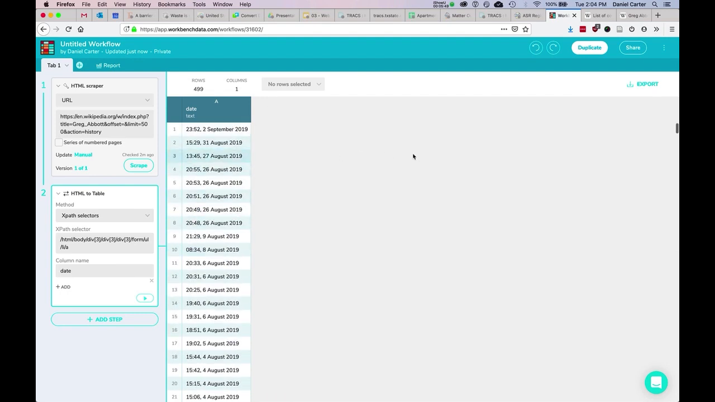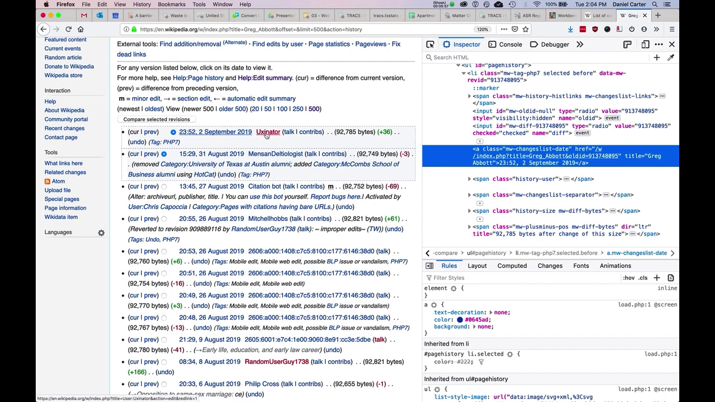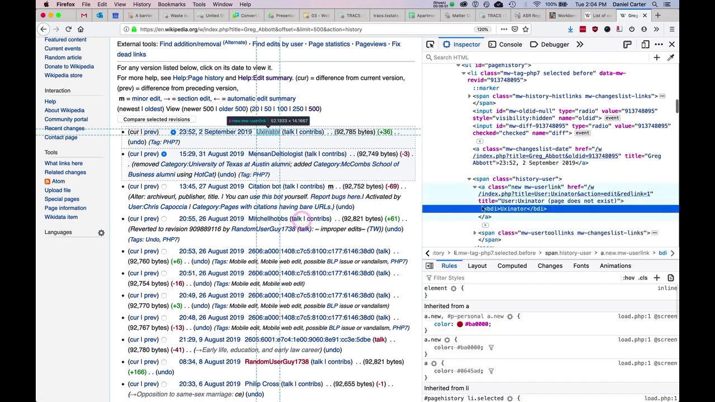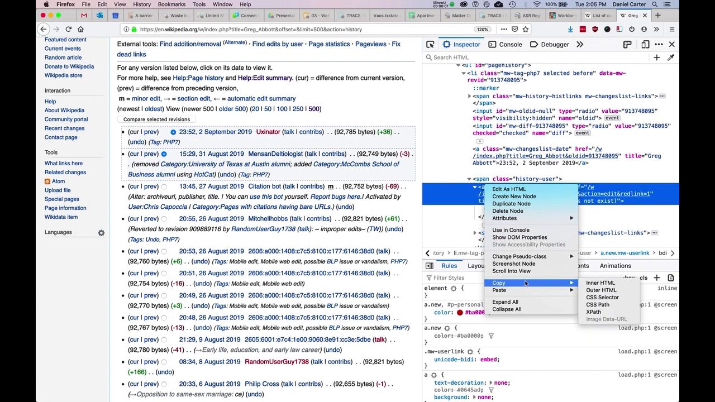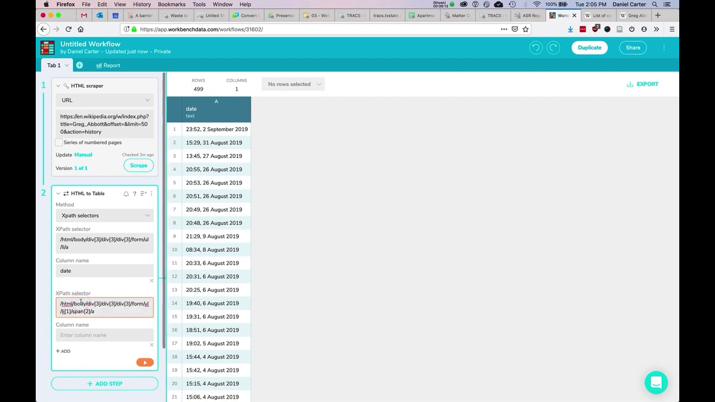But what we really want is a full table, right? So when we're making a table here, we can just add another column, and we'll add another XPath selector. So we'll get the username now. I'm going to inspect that. I'm going to run around until I find what I want. So I'm going to get this. I'm going to copy the XPath. I'm going to come back, paste it in, and then instead of the first LI, I'm going to take all